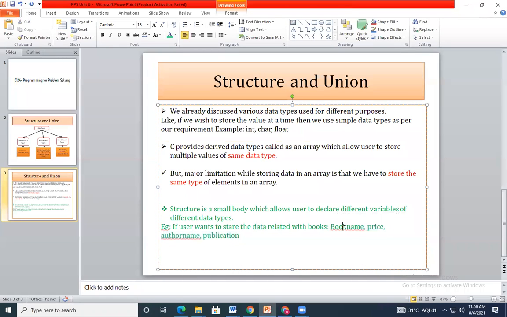Here I may go with character values, or you can say the string values. Here, if you take the float values, author name, again character type of value. This publication, I will use publication year to make it different. So here I need to go with integer type of value.